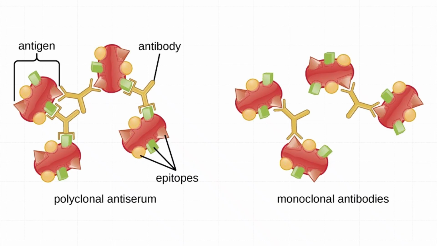On the right side, monoclonal antibodies are depicted. These are produced from a single clone of B cells, meaning all antibodies are identical and bind to only one specific epitope of the antigen. This uniformity provides high specificity and consistency, which is especially valuable in controlled applications like laboratory assays, diagnostics, and targeted therapies. However, because they recognize only one epitope, monoclonal antibodies can be less effective if that specific binding site is changed or unavailable.